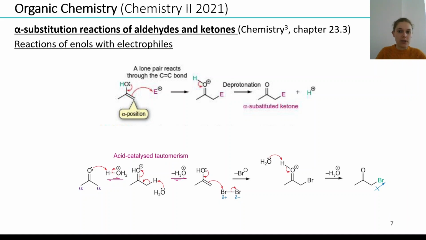bromoacetone. And very important, if you count the number of alpha hydrogen atoms, you can see that propanone has 6 alpha hydrogen atoms. Now you might expect that we then end up with a mixture of various brominated products. However, the bromination with one equivalent bromine is very selective and you will not get a mixture of various brominated